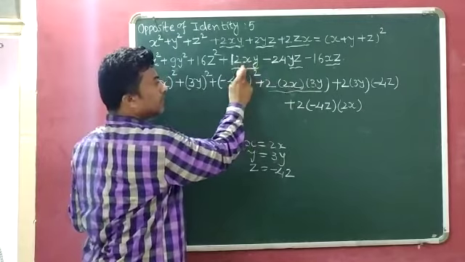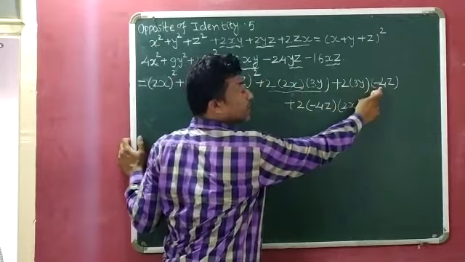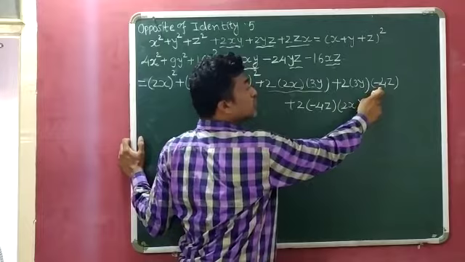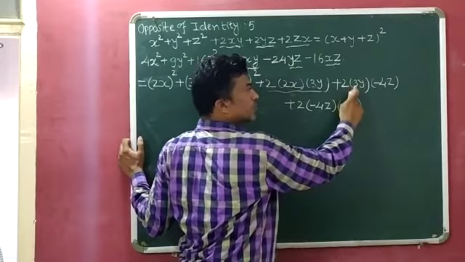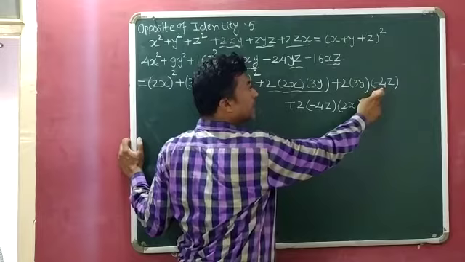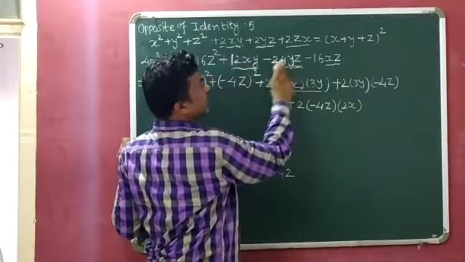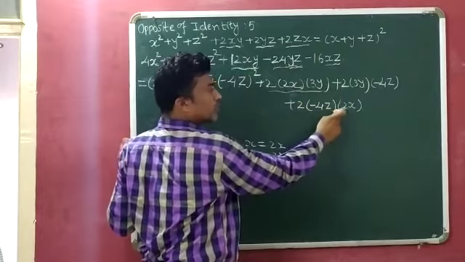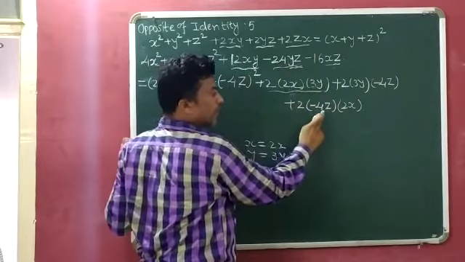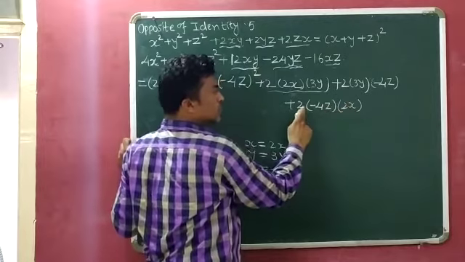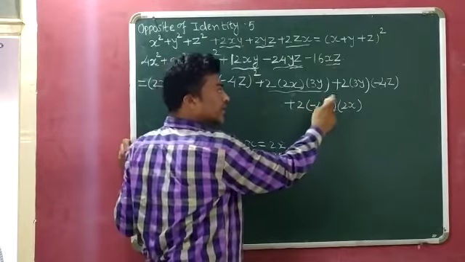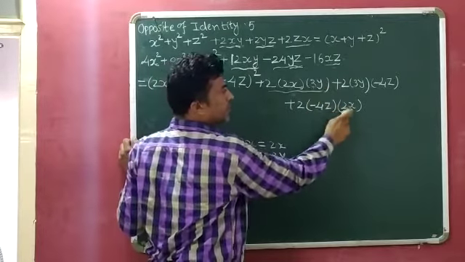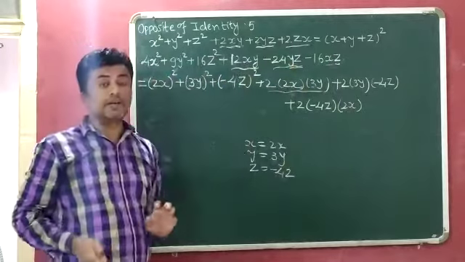So see 12xy came. Now here 2, 3 and minus 4 are constant. So 2 3s are 6. 6 multiply minus 4. So 6 4s are 24. So 2 3s are 6 multiply minus 4. Minus 24 yz. So see children, minus 24 yz came. Now this 2 multiply minus 4z multiply 2x. So 2 multiply minus 4 is minus 8. Minus 8 multiply 2 is minus 16. So minus 16 and this xz. So our arrangement is right.